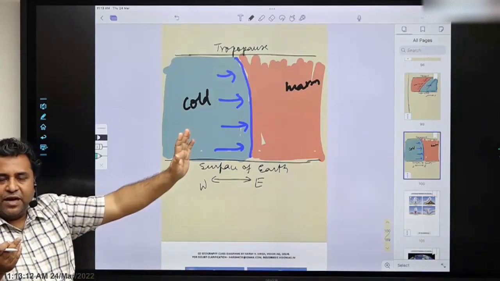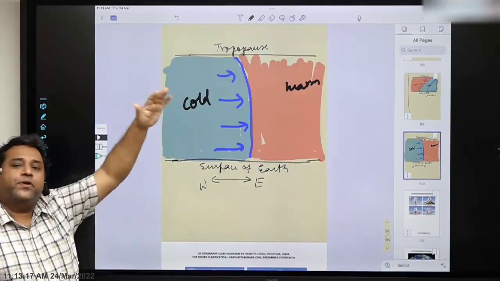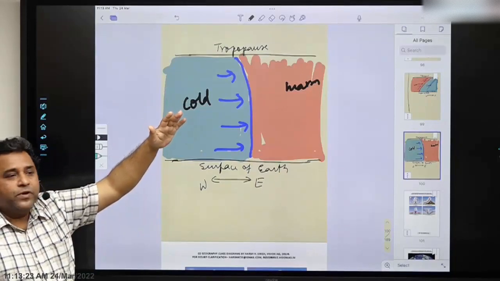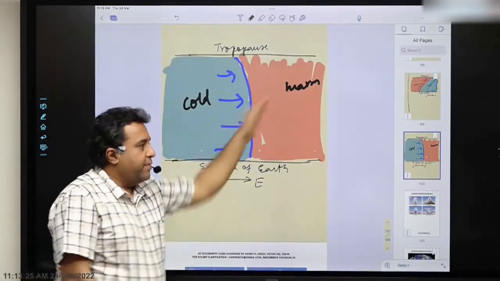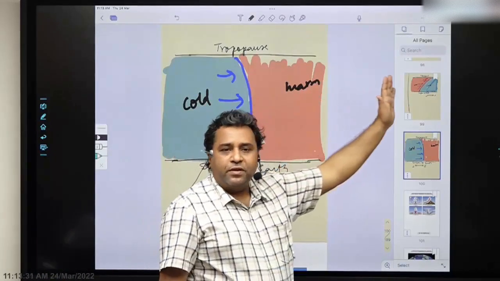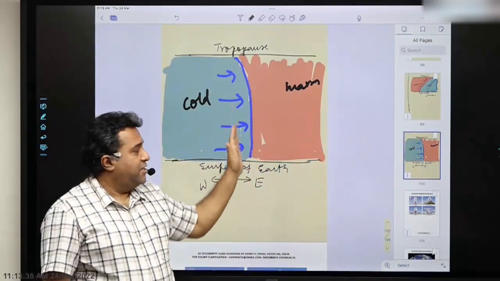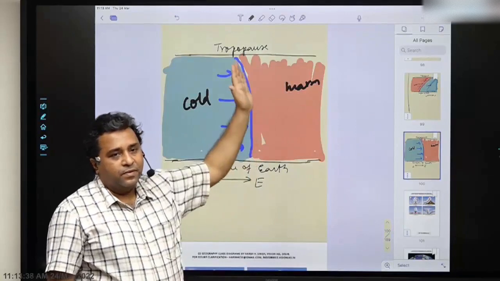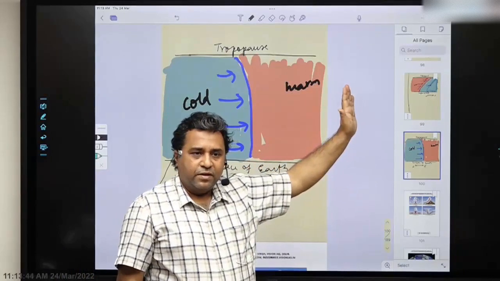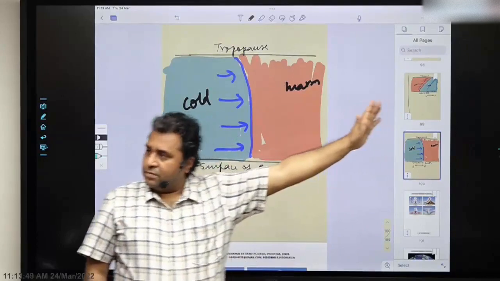Is this clear? And hence, because if this is pushing this way, can the cold air mass go over the warm air mass? हो सकता है? नहीं होगा, क्योंकि denser can not go over the lighter. So जैसा bending earlier was happening, that kind of thing you will not find here. So this will just go on pushing and this will easily go on moving forward. Is this okay? Therefore, or hence, this front will not bend. It will remain straight. Why? Because the force is coming like this and the whole thing is easily moving forward. Clear? So the whole front remains straight, almost close to straight,